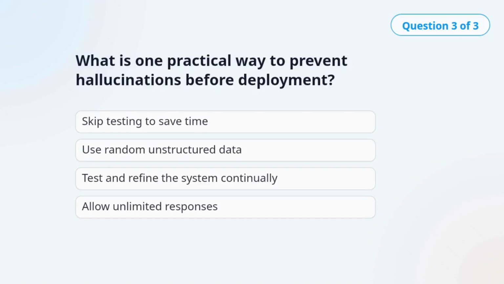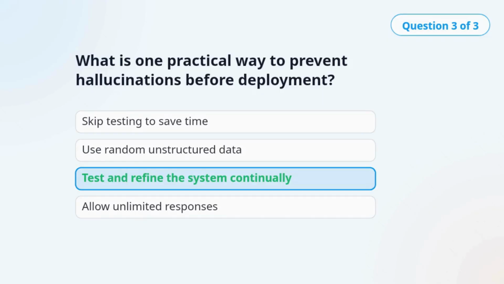Question 3. What is one practical way to prevent hallucinations before deployment? The correct answer is test and refine the system continually. Continuous testing and refinement help maintain performance and reduce hallucinations as data and conditions evolve.